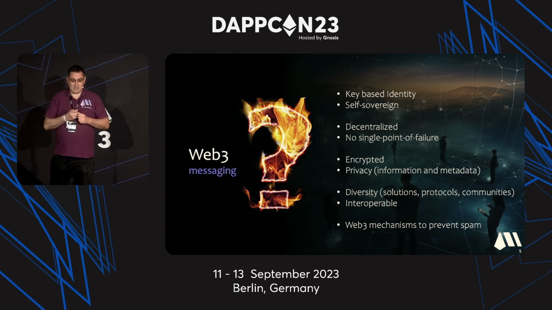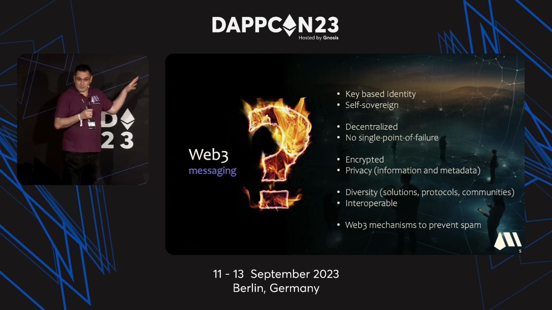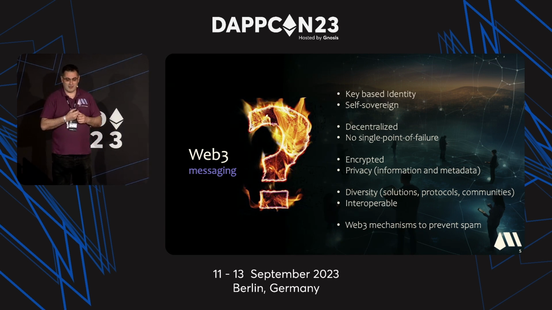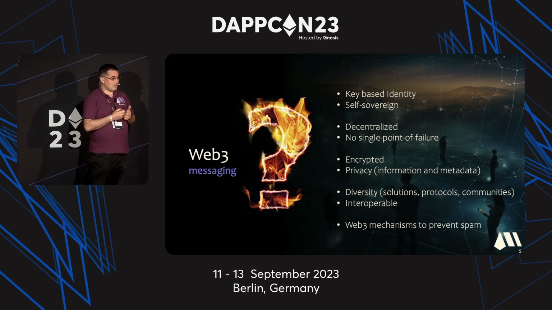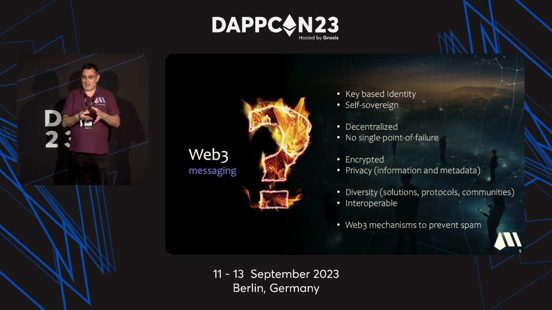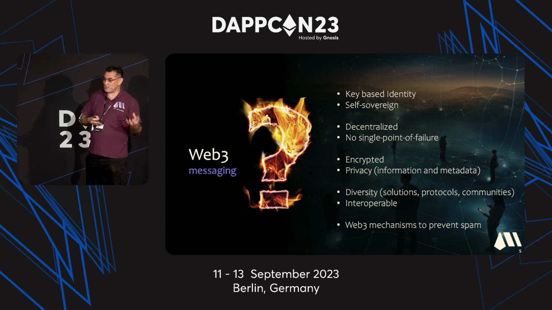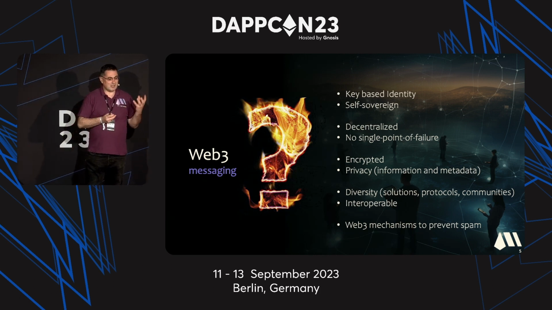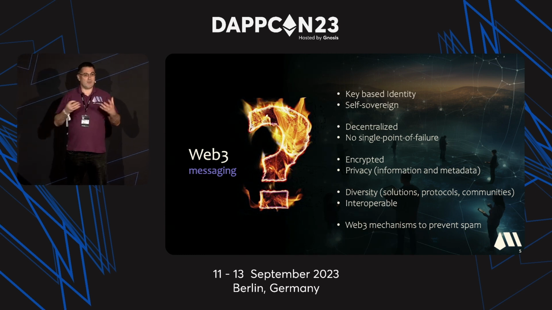We should do decentralization, of course, so that we don't have any single point of failure. Encryption and privacy, of course, are mandatory, so we don't need to talk about this. It must be. And something we practice in Web3 is also very important: diversity. We learned it from the clients for the blockchain. It's really important to have diversity, because if something breaks, something else can run. And when we look at the messaging world, if we have different messengers focused on different problems or different communities, it's really a good thing.